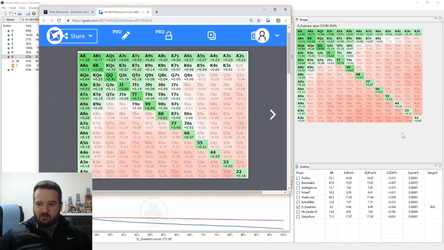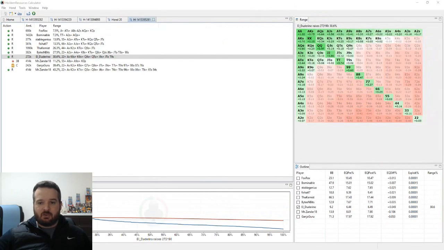You can actually see that I would probably even consider folding the pocket twos, folding some of this stuff in here as well, where before we were getting out to here, folding some of these down here. Definitely wanting to tighten up a little bit when their range is getting that much wider and out of whack. So what I would do here